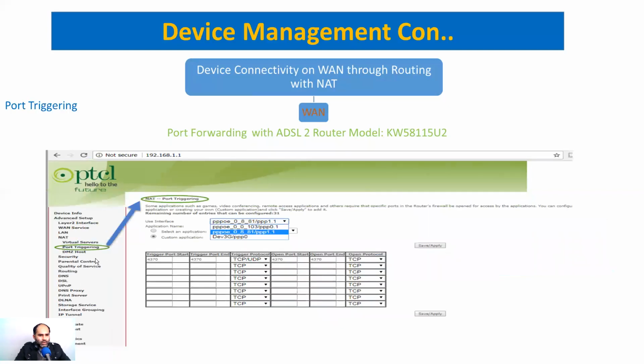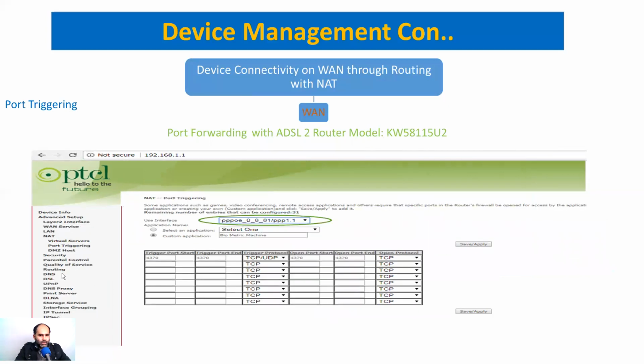As I mentioned before, we have to do port triggering. You can see I click port triggering, and I have chosen my interface, which is PPP 881, and on that interface I will forward a port. So how can you forward a port?